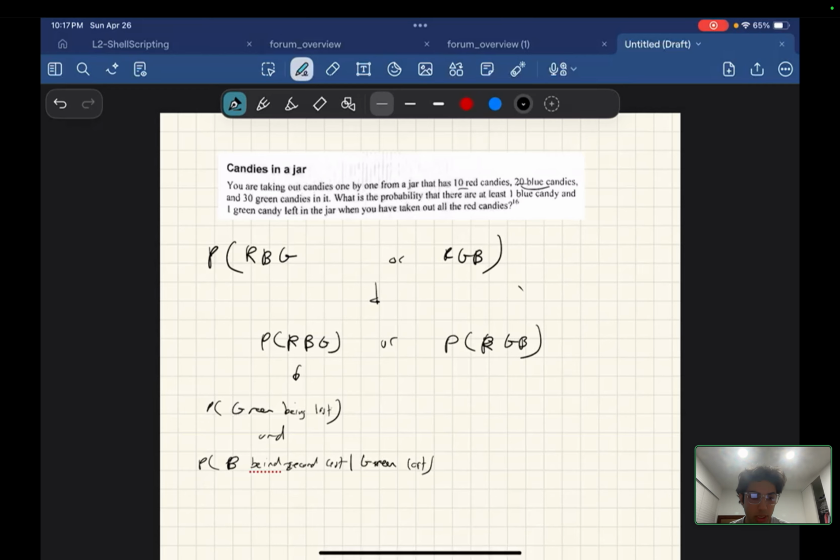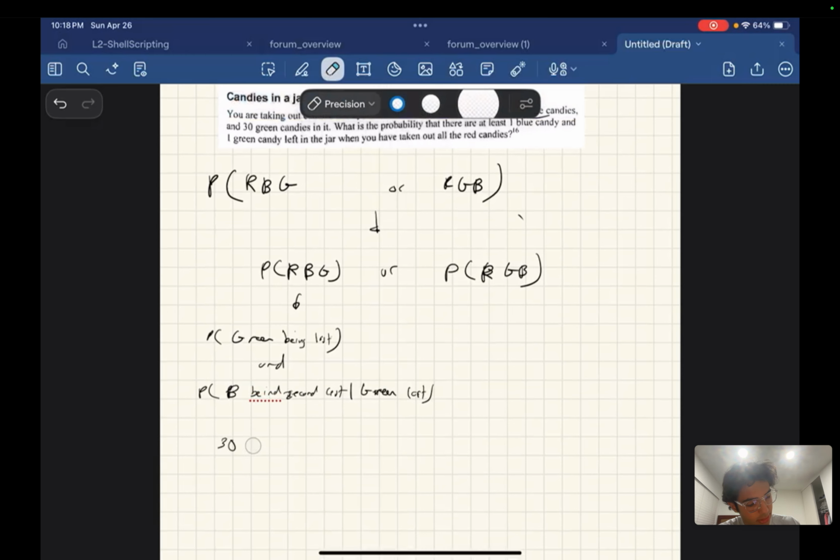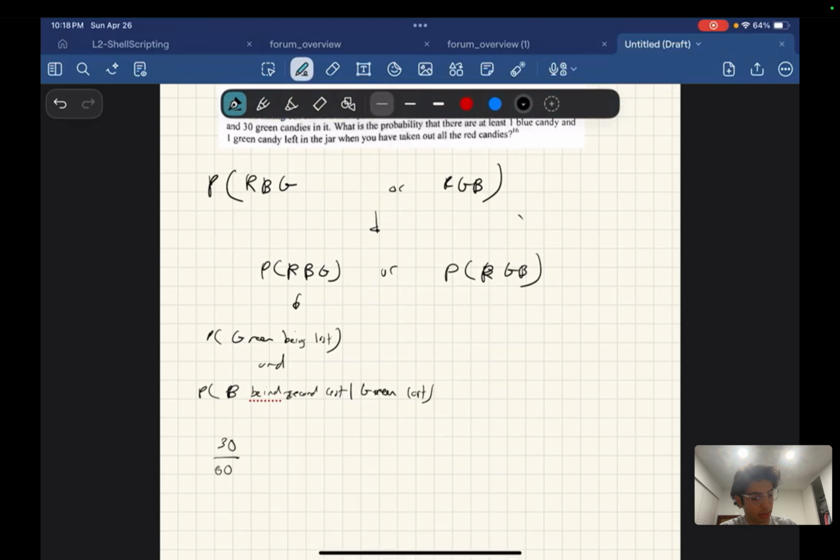So what's the probability that green is the last candy being taken out? Well, there's 30 green candies in the jar, and any one particular candy has equal probability of being the last candy removed out of 60. That means any candy in particular is 1 out of 60, and there are 30 green candies, and so the chance that the last candy is green is 30 out of 60. Right? So this is an and, so you have to multiply them together,